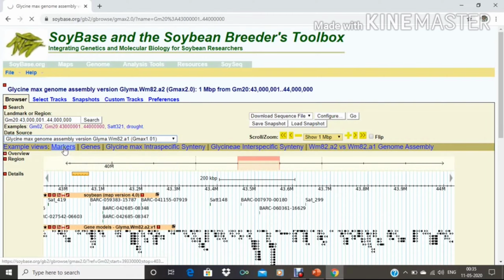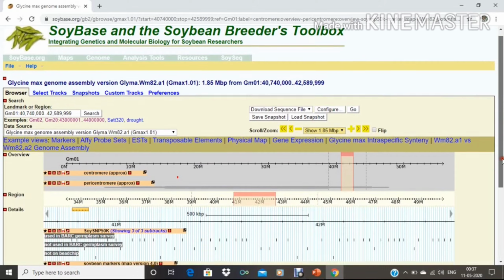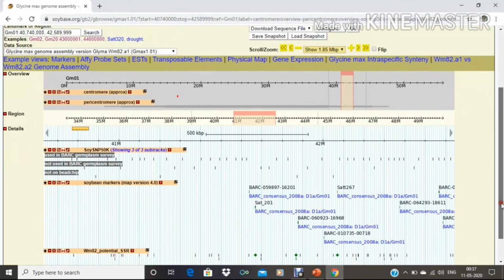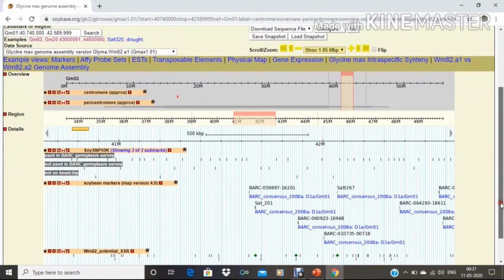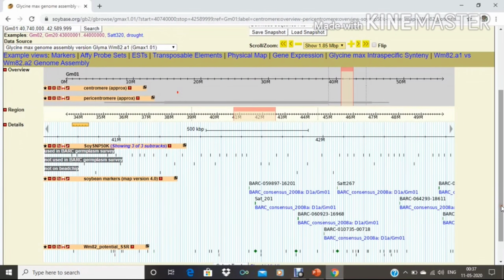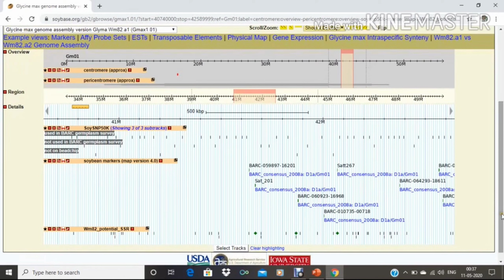Now the markers. Yeah, it is loading. It will take some time. After clicking this marker view, we will see all these things.